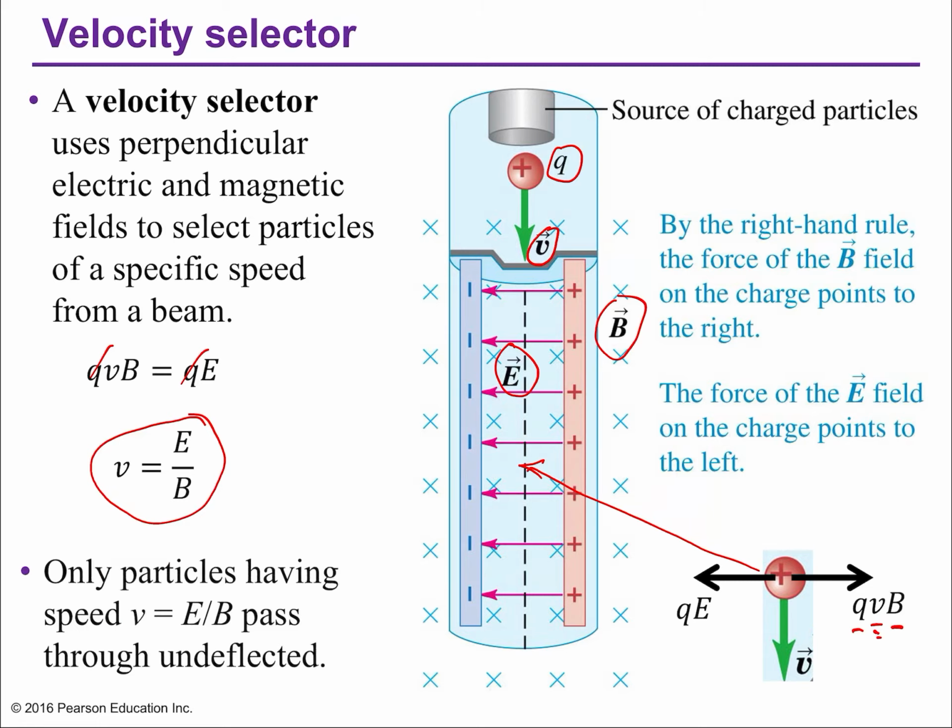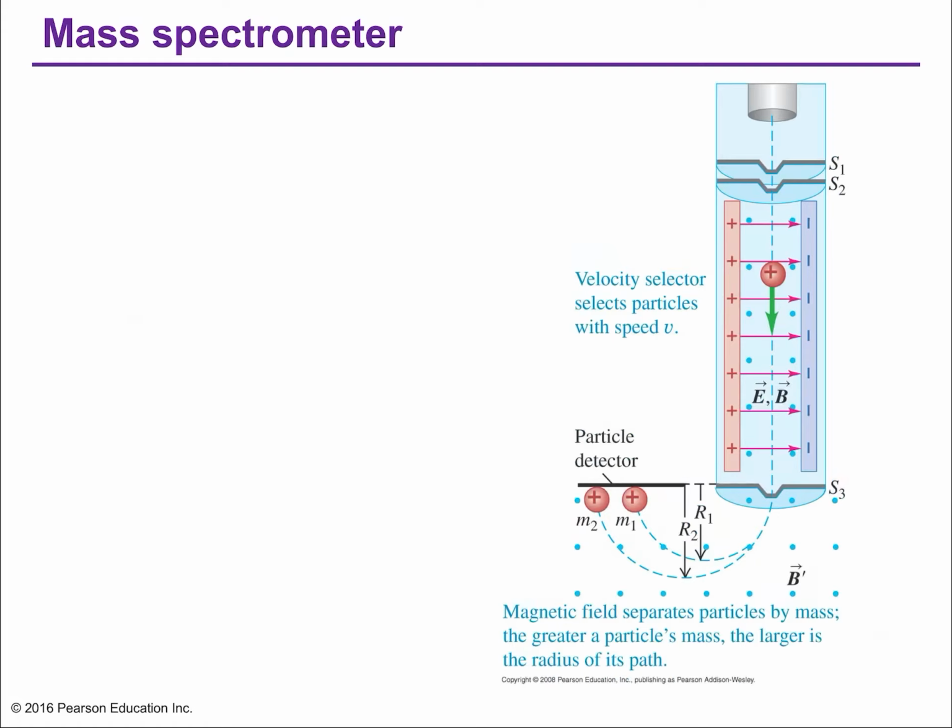Now velocity selectors have a wide range of applications. Let's look at some of them. For example, you can use a velocity selector in a mass spectrometer. In a mass spectrometer, isotopes of an element are projected at the top there, and as they pass through the velocity selector, if they're undeflected, they emerge at the point at the bottom with a certain value of speed,